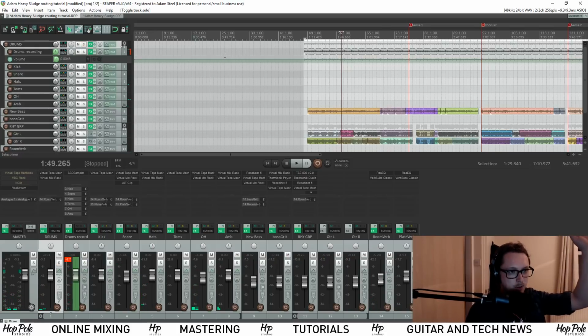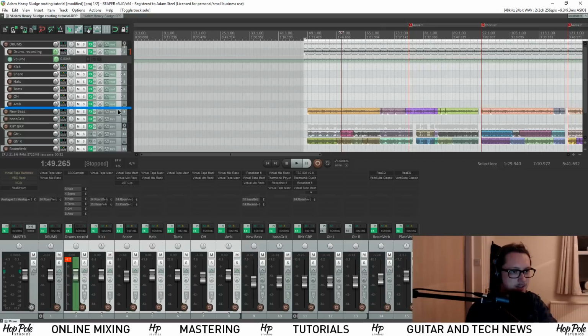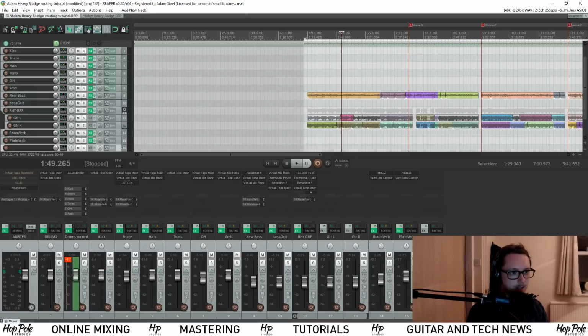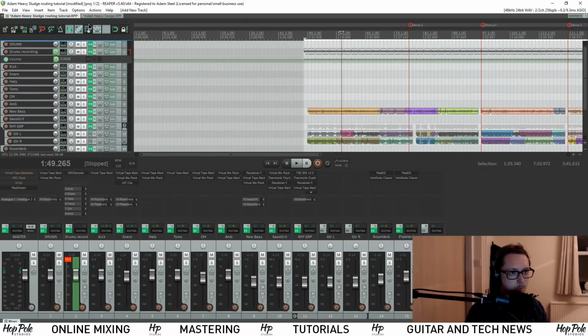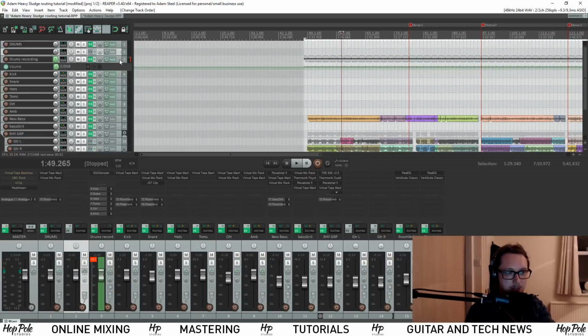that is what we call a folder. So all that's happened is the drums, which in this case is sending out to all these separate tracks. To make a folder, what you do, you make a new track, you put that above the tracks that you want to put into a folder, you shift and click the tracks that you want to go in the folder, and you drag them, and you